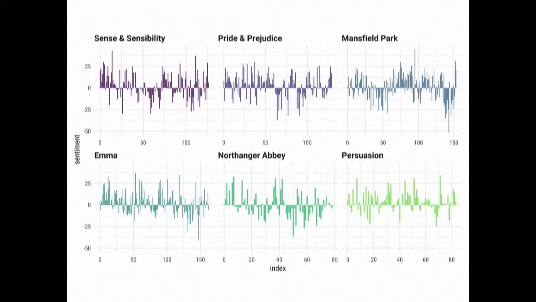The sections that have extended stretches of positive and negative sentiment correspond to events that we as human readers understand as good and bad things happening. So, for example, if you look at the Pride and Prejudice part of that plot, that section near the middle that has all that negative sentiment, that's where Mr. Darcy proposes for the first time so badly, and Elizabeth is so offended and angry. And that section about 3/4 of the way through that is also very negative, that's where Lydia elopes with Mr. Wickham, and it's such a terrible scandal.